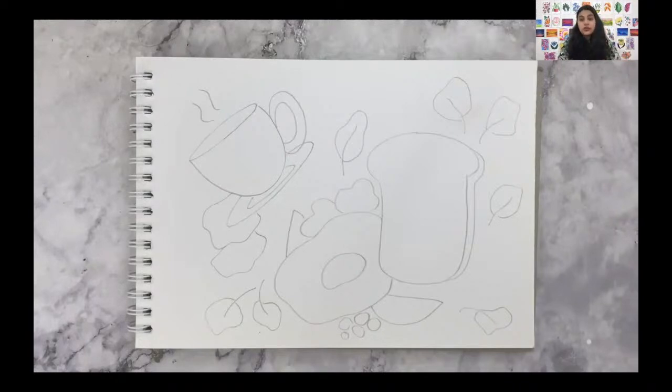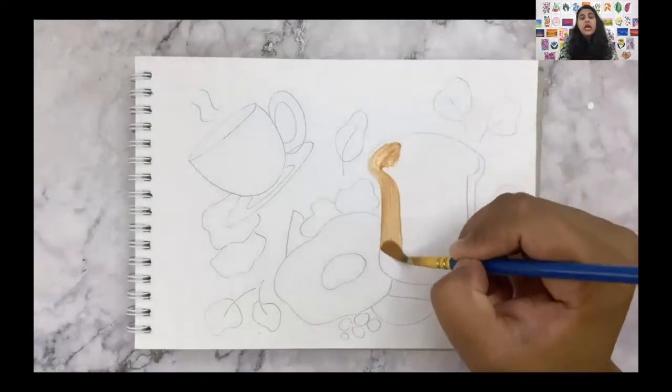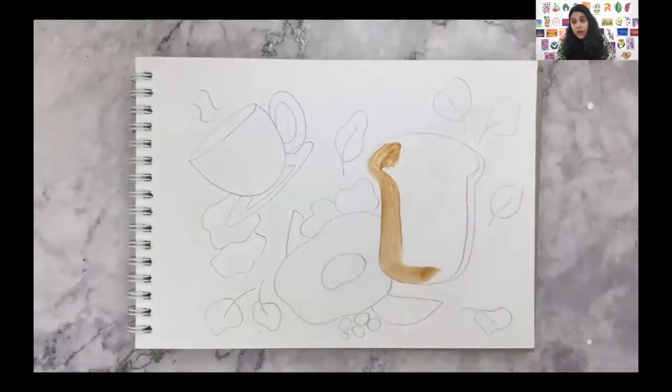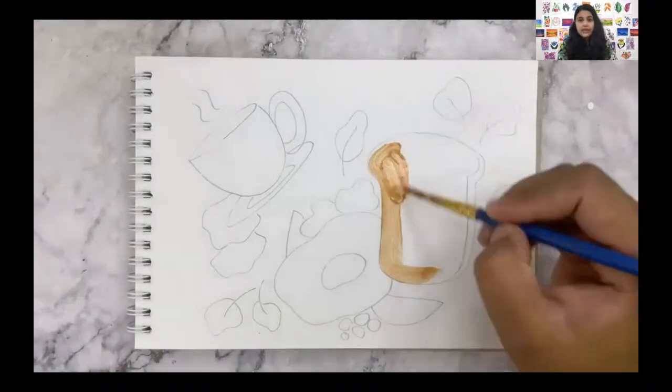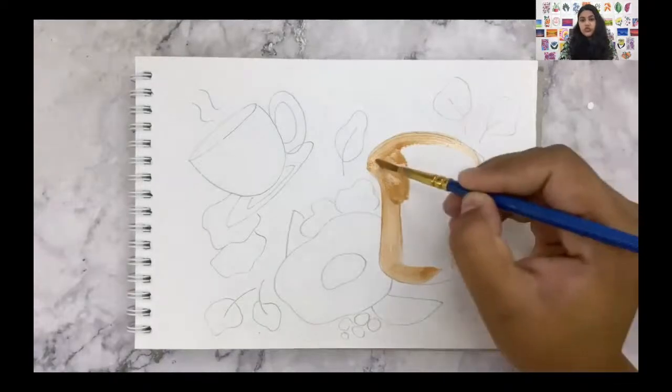So here I've given you a gist of what you can do in terms of mixing of the colors. So let's get started with the painting process. I'm going to be starting with the painting of my bread. I'm going to take a little bit of brown and start painting that out. Now here, if you need a light brown like this and you just don't have one,